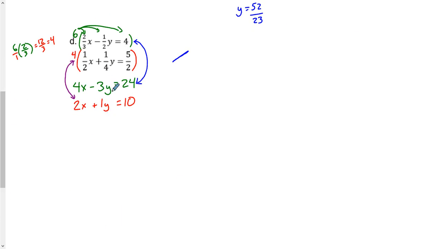Hopefully you know that if you wanted to eliminate your y's, you just have to multiply probably this bottom equation by 3. And then, just so you know, that would become a 3. So how can you get rid of a negative 3y and a positive 3y? Hopefully you answer add. So I'll just erase that. If I want to get rid of it,